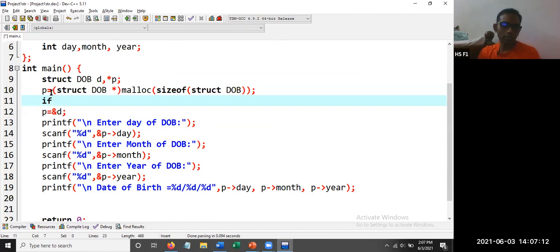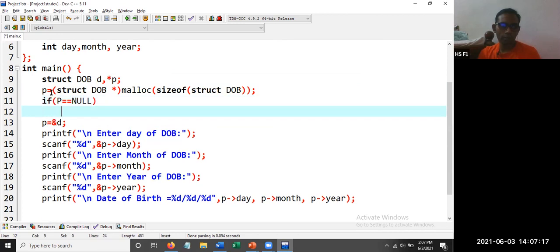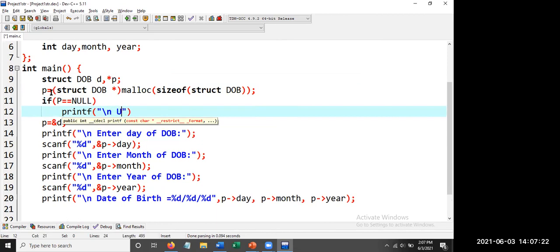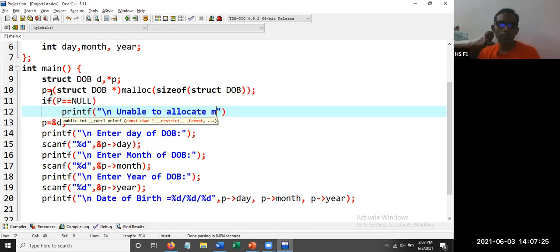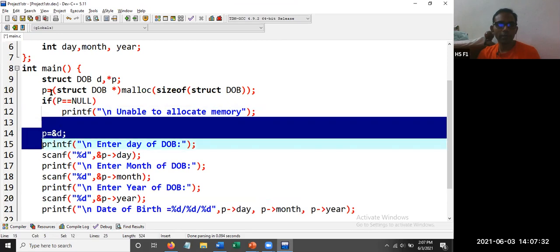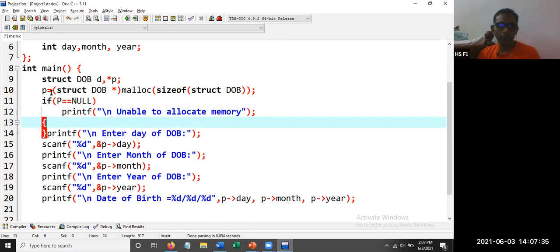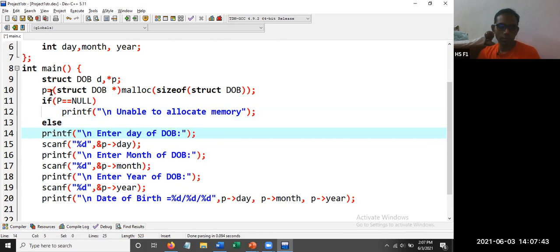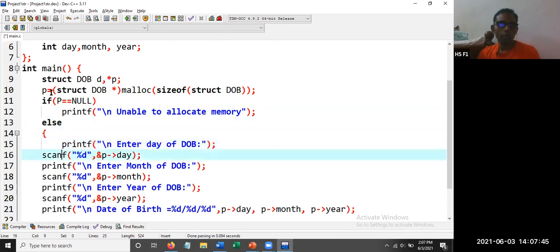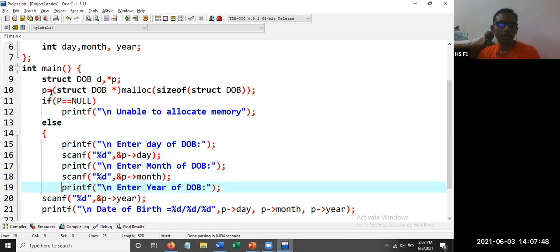If p is equal to null, then what are you going to write? printf unable to allocate memory. Otherwise we'll have directly these statements: printf, scanf, printf, scanf, printf.